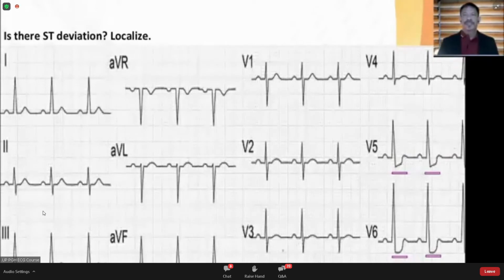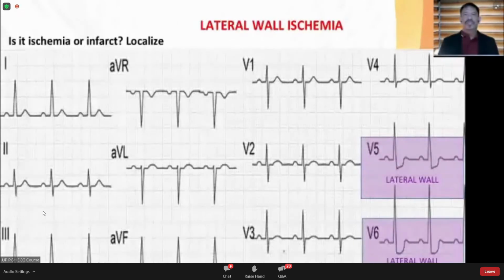Identifying the presence of ischemia or infarct is the first part. We must also localize it. So remember the localizations mentioned. So we ask, is there ST deviation? Is it ischemia or infarct? Then localize. This ECG shows a significant ST depression at V5 and V6. So there is ischemia that we need to specify the location. Using the specific leads to localize, V5 and V6 point to lateral wall, so we read it as lateral wall